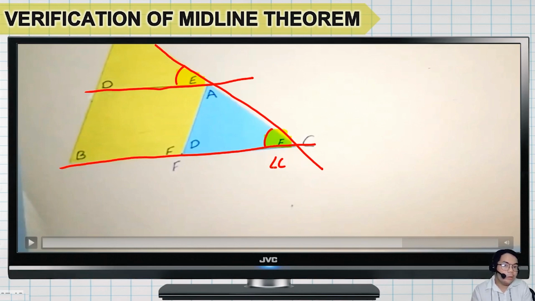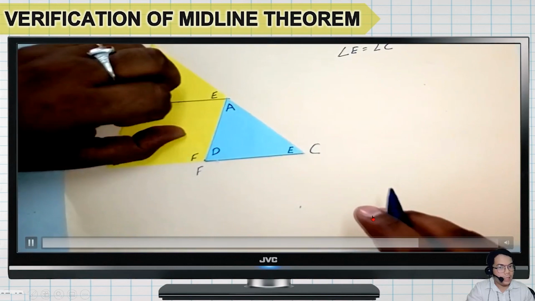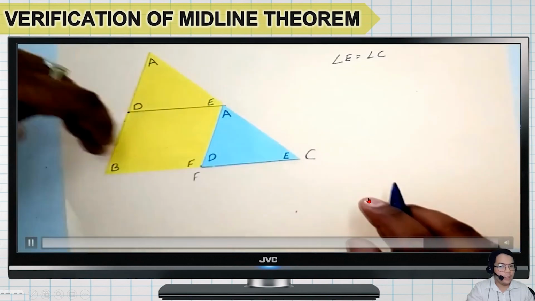And them being congruent, saan nga lang ba nangyayari yon? It will only happen if you have two parallel lines cut by a transversal line. Nangyayari lang yan sa dalawang lines na parallel na nahati ng isang transversal line. Doon lumalabas ang tinatawag nating corresponding angle. And that is the reason why, as we may continue, using that corresponding angles are congruent, we can confirm that